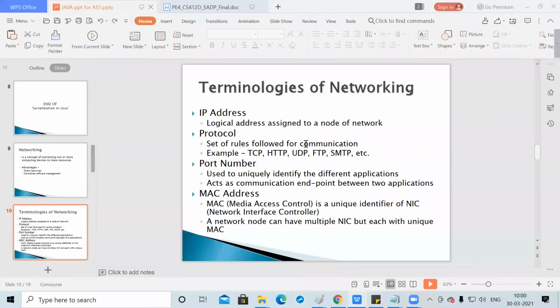Then there are protocols, which are sets of rules followed to make communication from client to client, or server to client, or to any other machines. There are a number of protocols, and out of those, the important one I'm mentioning here is TCP. Can anybody tell me the full form of the TCP protocol and its use?